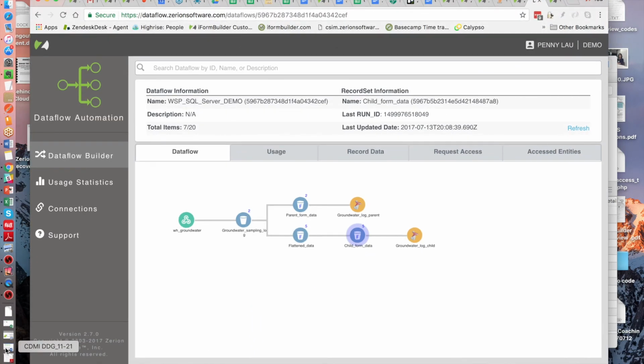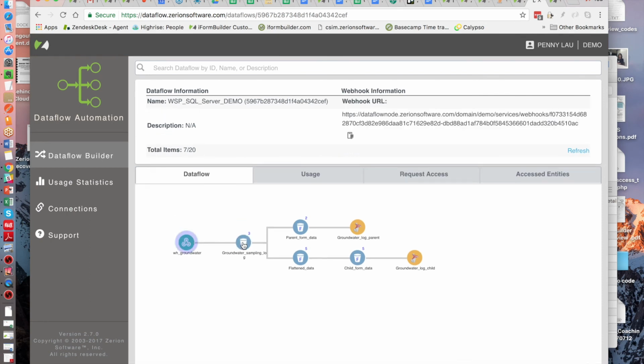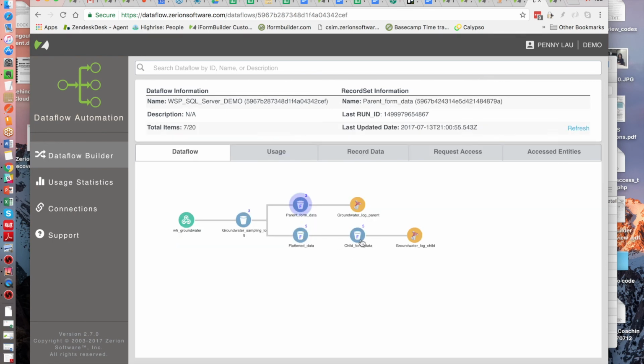So what you're looking at now is where all the magic happens, data flow automation. I created a data flow here in which I have a main record set to receive all the data that comes from our data collector through a webhook, this green thing. Then I split the parent record and child record into two separate record sets by using some filters, and then they each will go to a SQL Server table through a SQL Server action, within which